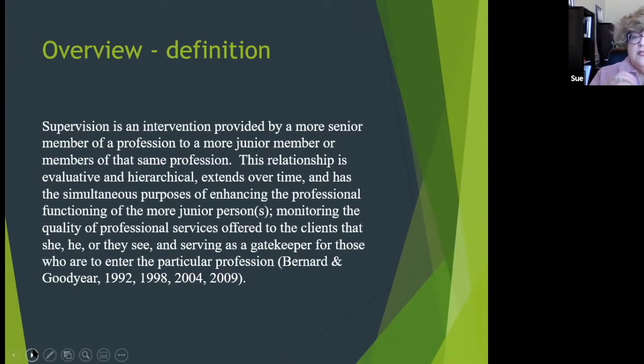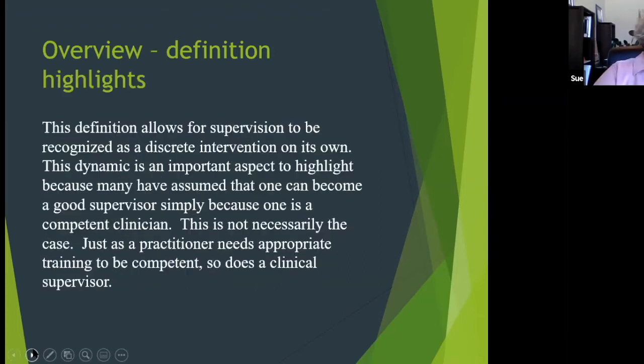So the interesting thing about this definition is that psychology, for example, has used this definition to build some of their clinical supervision guidelines around. So to break down the definition a little bit,